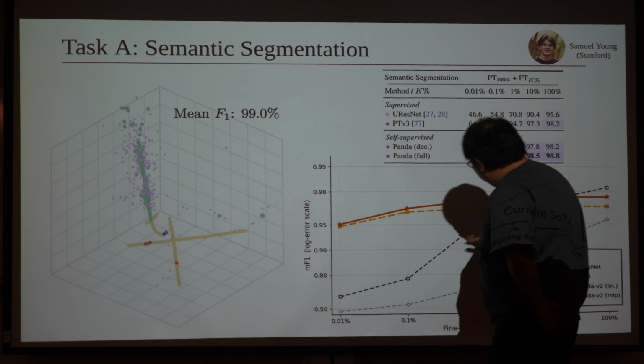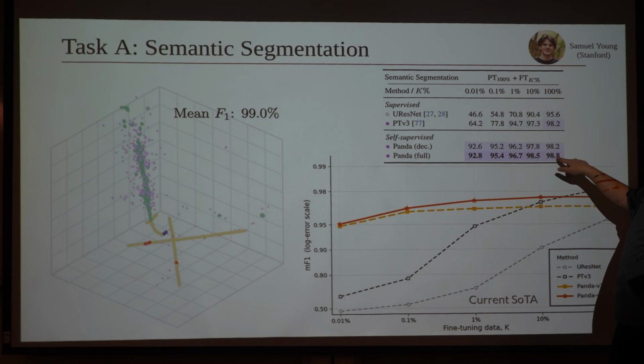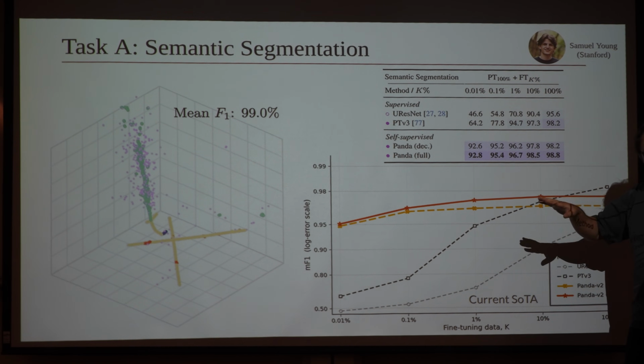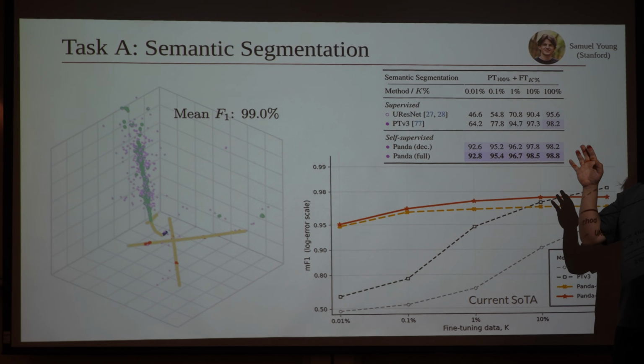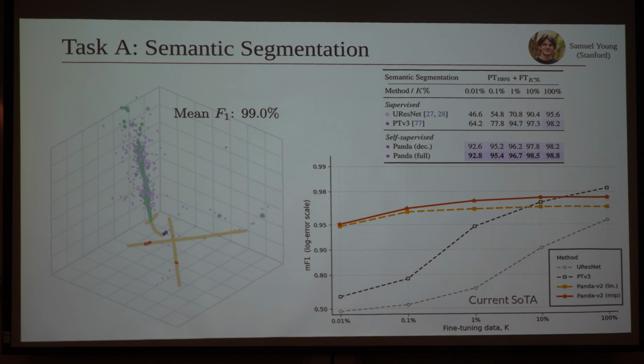For this metric, the current state of the art is 95.5%, and then Panda achieved 98.8%. This 3.3% sounds small, but it can translate to, say, nu mu versus nu e classification, an efficiency gain of about 20%, 30% of signal. So it's significant. And for all of those, you just have to trust me,